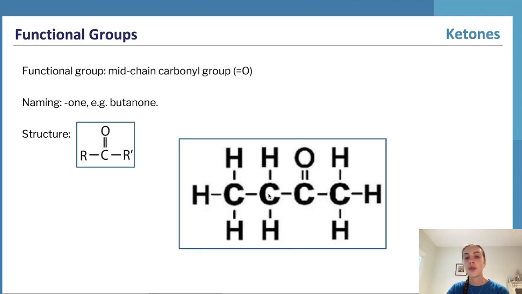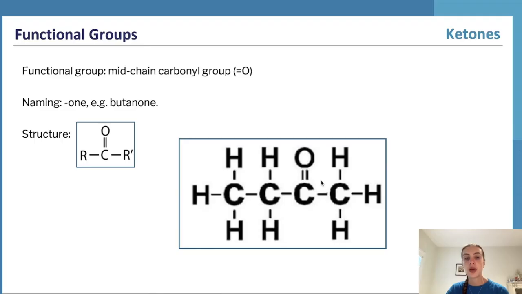go 1, 2. If we count from this direction, we'd get 1, 2. We can't count from this direction because we get 1, 2, 3, and we always want to preference naming with the lowest number. So this molecule would be butan-2-one, but we just name it as butanone because it's always going